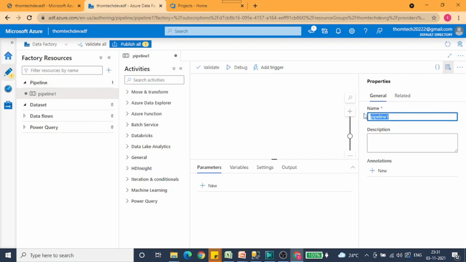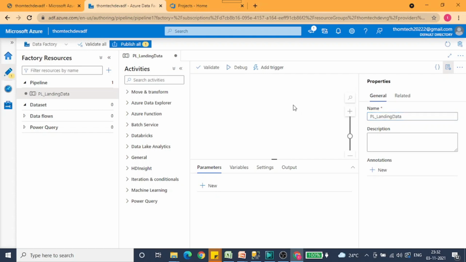Let's suppose what I'm going to give is pipeline landing data. Okay, so this is my pipeline name.